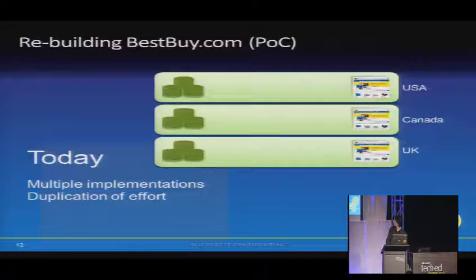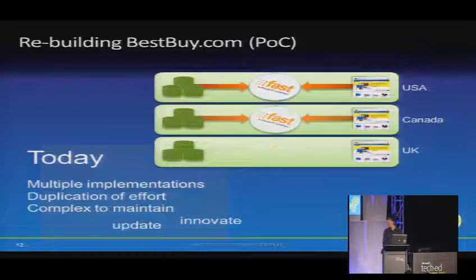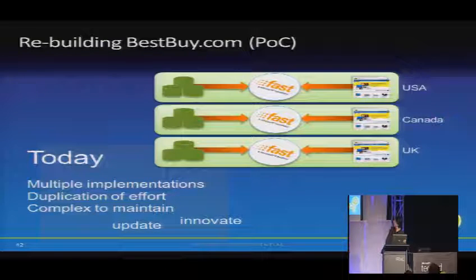So this is what the Best Buy website looks like right now. There's a whole series of different websites. It's difficult and complex to update, maintain, and what have you. So what they were able to do as part of the POC was drag all of the data into one place